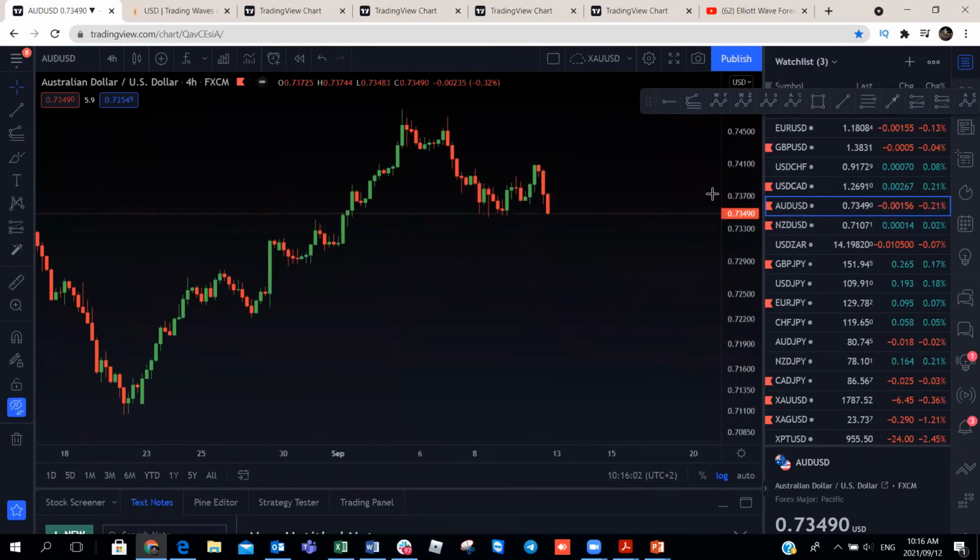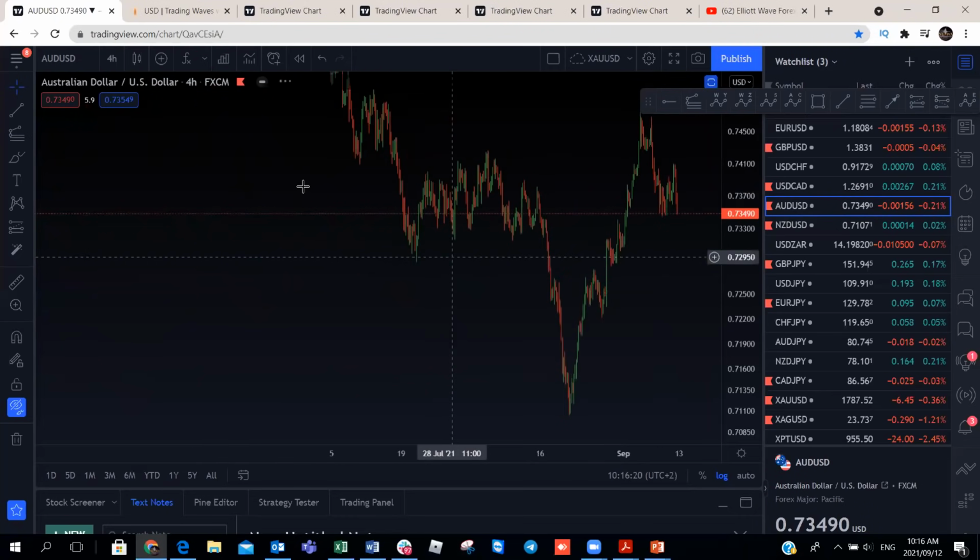Aussie US dollar, let's have a look at Aussie US dollar. Now, looking at Aussie US dollar, everything just looks so obvious that it's going to come to the downside, right? So be careful with that, because you may get this one making a complex correction like this, and then we get continuation to the downside. So we are biased to the downside, and the structure on